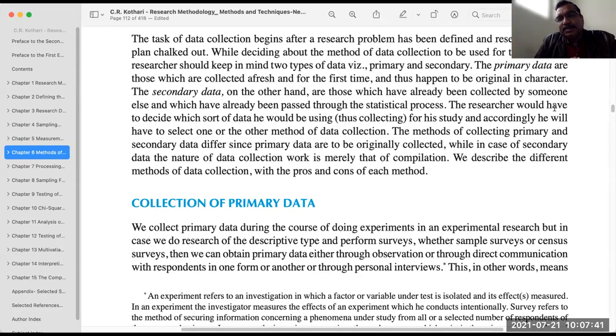So you are going to define the particular population and then make a sampling plan, how to do the sampling, from whom you have to collect the data. And that data should be a fresh one, so that is known as the primary data, right? So that is the difference between the primary data and the secondary data.